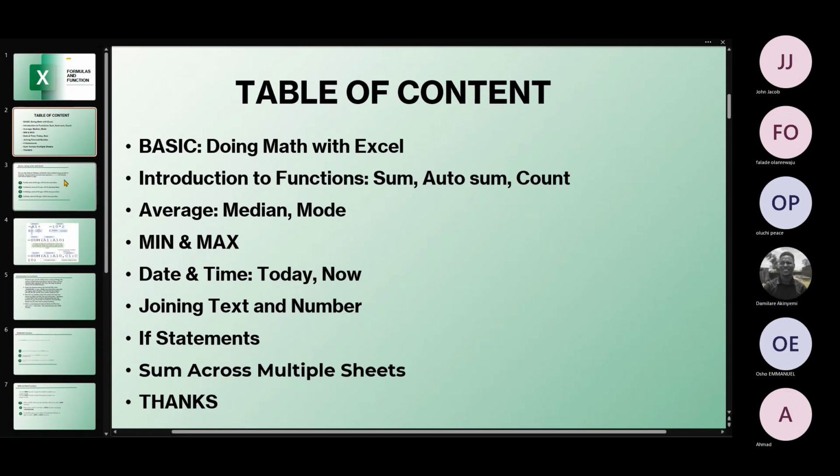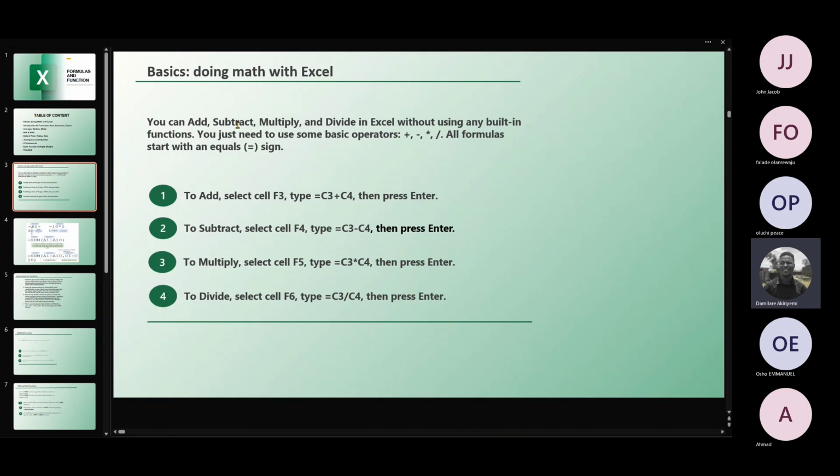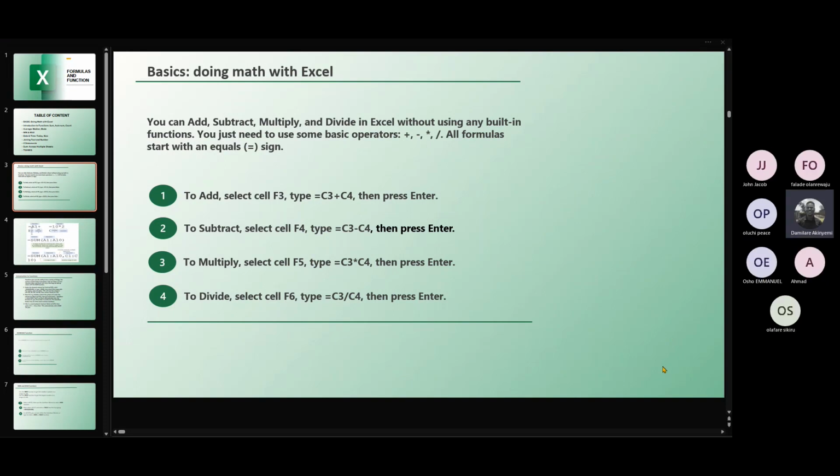So let's move on. Here we can see the basic formulas in Excel. We are starting with addition, subtraction, and multiplication. You can add, subtract, multiply, and divide in Excel without using any built-in function. There are also built-in functions in Excel, like